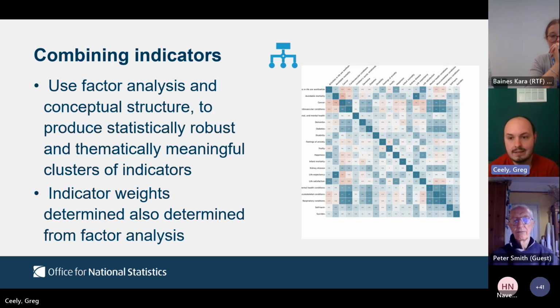So now we had our indicators, our different data which met our definition of health and fit the bill in terms of our inclusion principles. We combined these using statistical factor analysis. What factor analysis does is look at the relationships between all of our variables we can observe and aims to reduce the number of elements we're measuring based on the relationships they have in common. This means that if we have multiple indicators measuring mortality in some way or another, we would expect those to group together into a factor or subdomain, as we refer to them in the index.